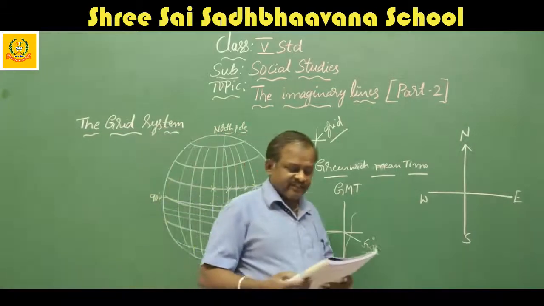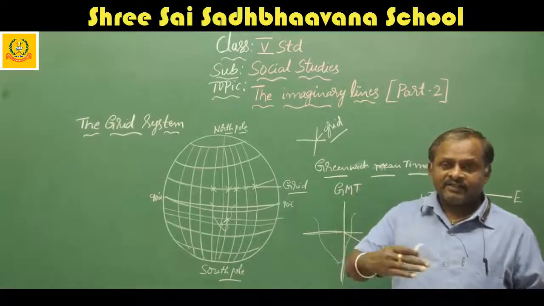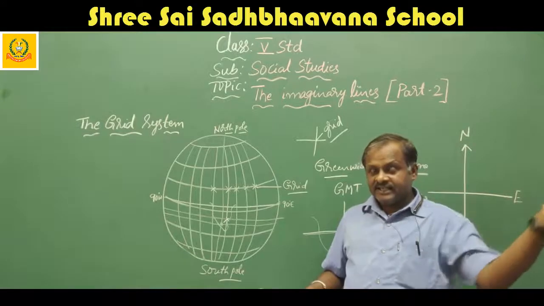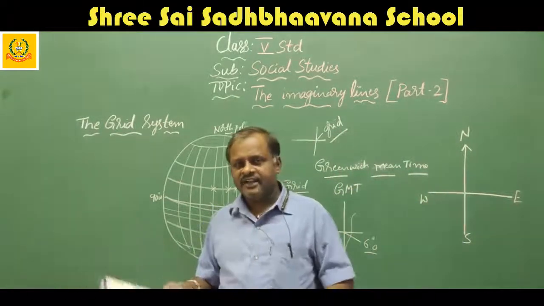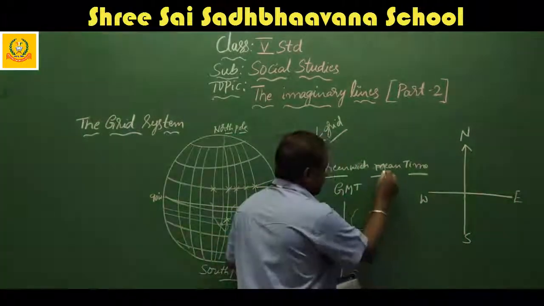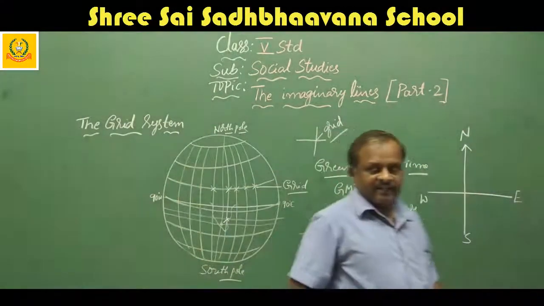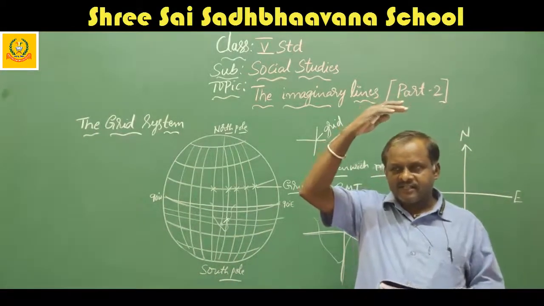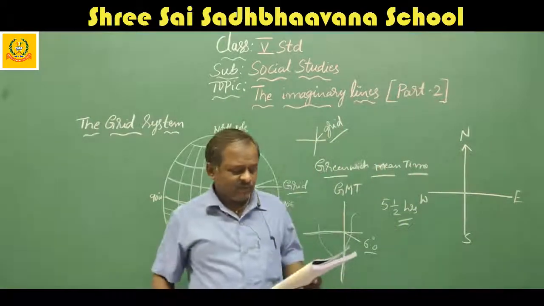So the Indian Standard Time is 5.5 hours ahead of the Greenwich Mean Time, which means we are faster. Whatever the time here, it is greater than the Greenwich Mean Time. That means we are in the front, 5.5 hours from the Greenwich Mean Time. Now, if it is 12 o'clock here, there it is 5.5 hours less. That means back. Okay, next we will go to maps.